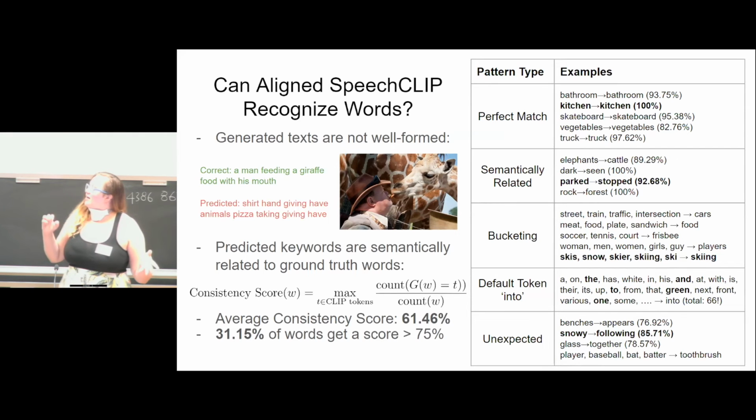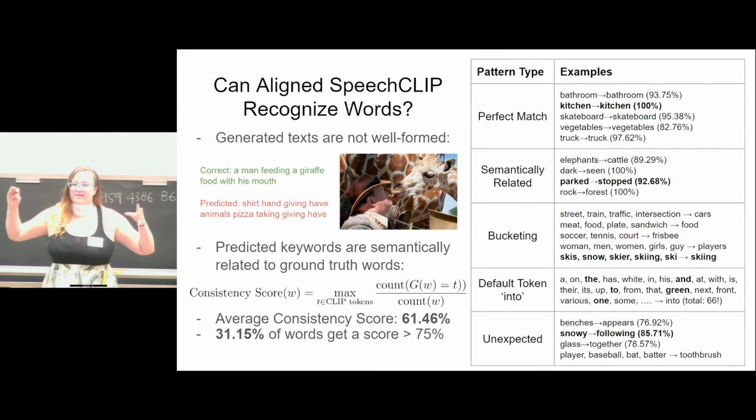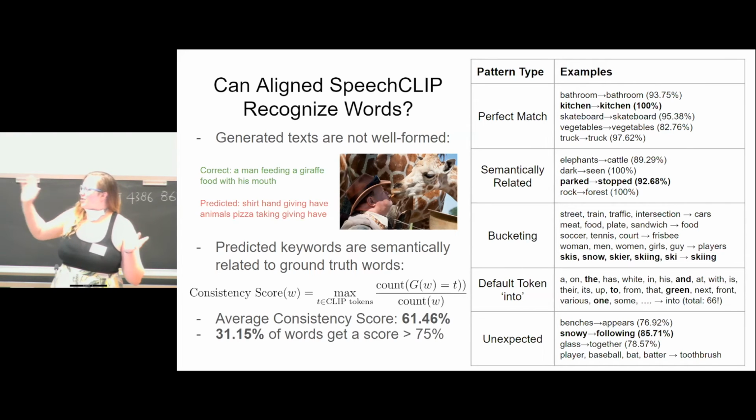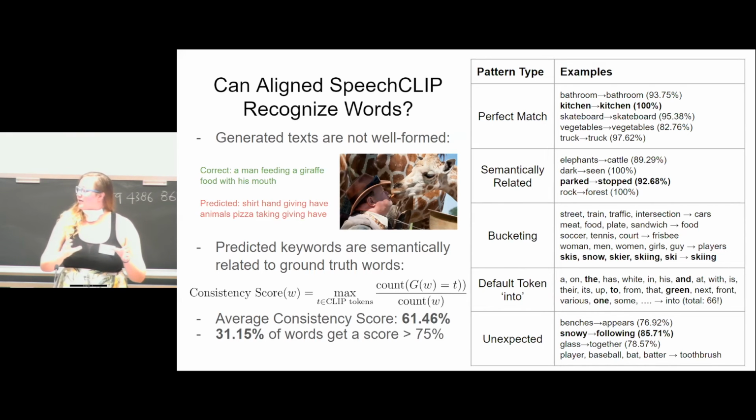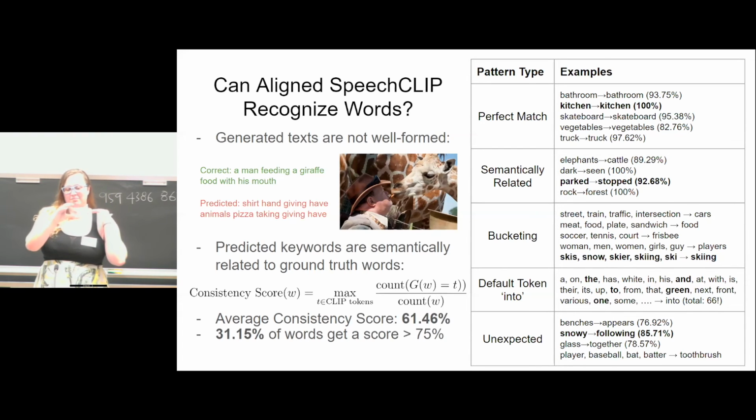So in order to get a sense of how well our model is at least noticing when it sees the same word during training, we introduced this metric we call consistency score, which is just saying for each ground truth word, we pick the clip token which is most often assigned to that word and divide the number of times it's assigned to that clip token by the total number of times we see the word. If a word appears less than 10 times, we leave it out of this analysis, because a 100% score for a word that appears once or a 50% score for a word that appears twice is not actually meaningful success. So looking at all of the words that appear more than 10 times in Spoken Cocoa,